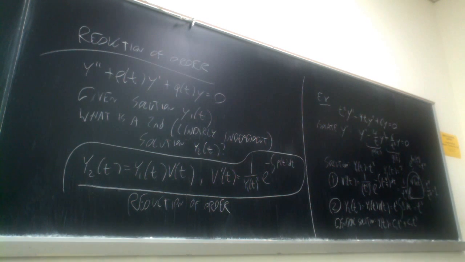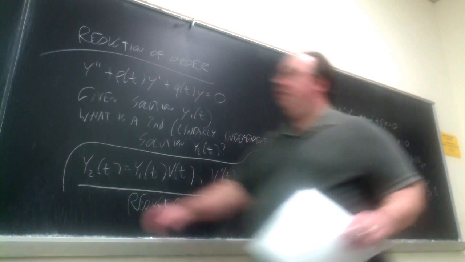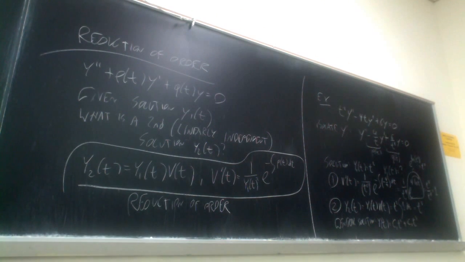Okay. So we can get v prime from this formula that was worked out last time: 1 over y1 squared times e to the integral of minus p, and then your y2 is assumed to have this form. Okay. Now, finally,